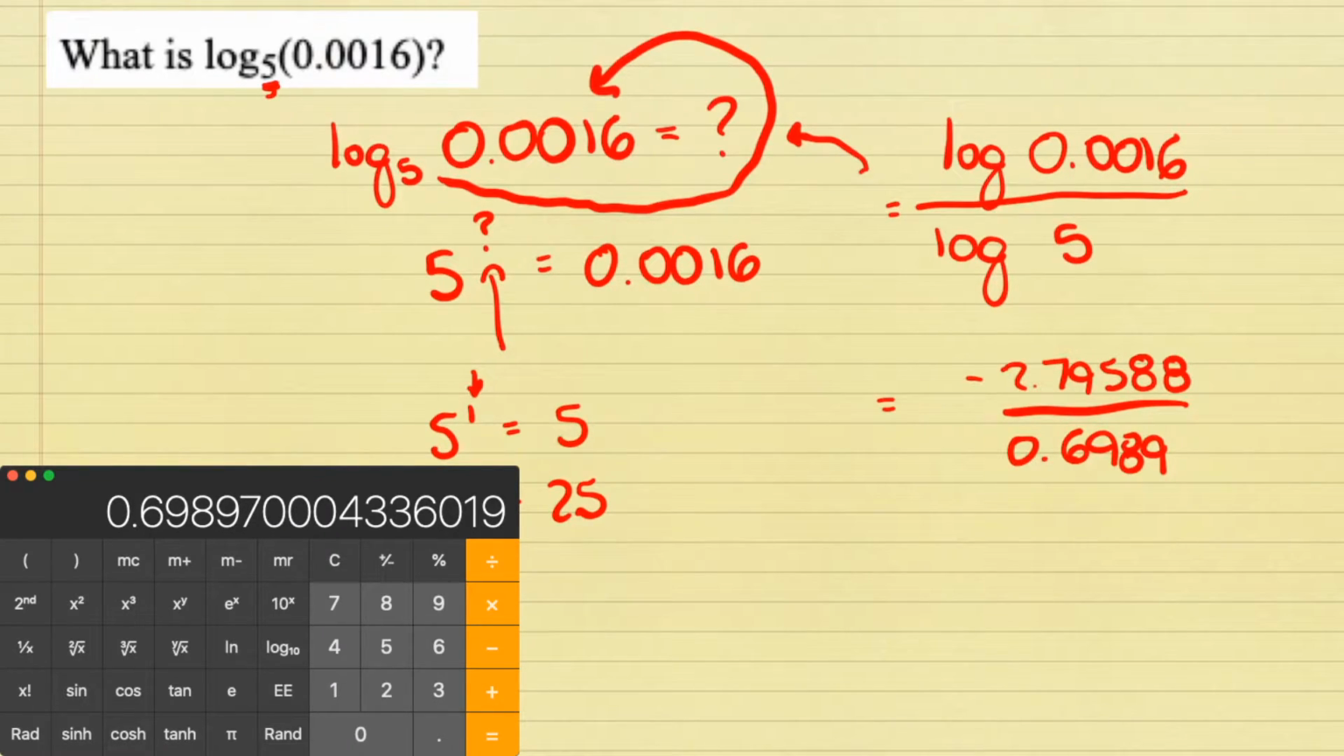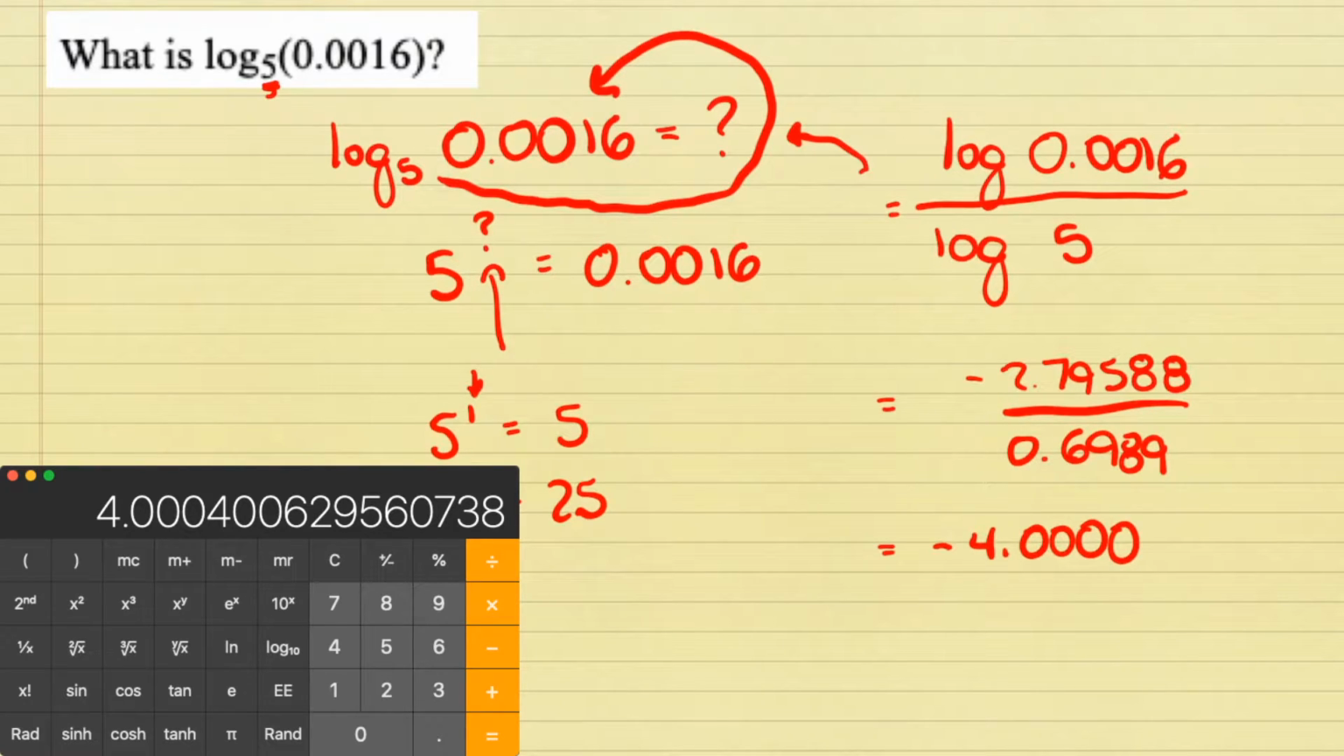So these are my 2 numbers. I'm going to divide these numbers out. So if I divide these two numbers, this is negative 2.79588, and I'm going to divide by 0.6989. All right, so I'm dividing this, and it'll be negative. I didn't put the negative sign on it. So it's going to end up being negative